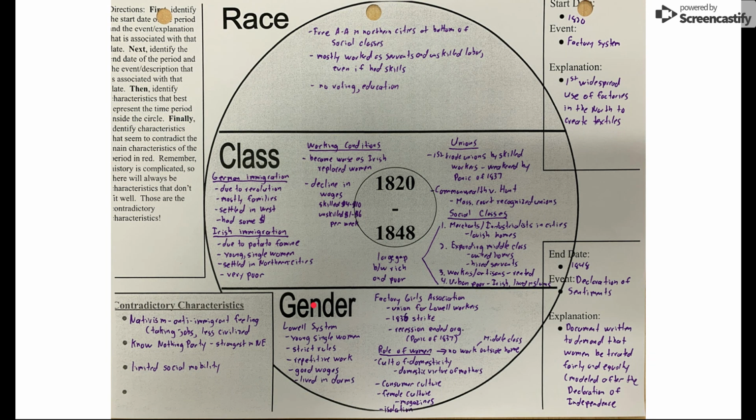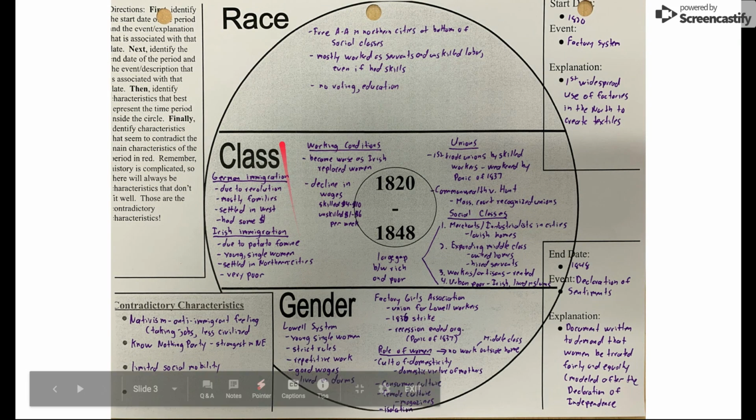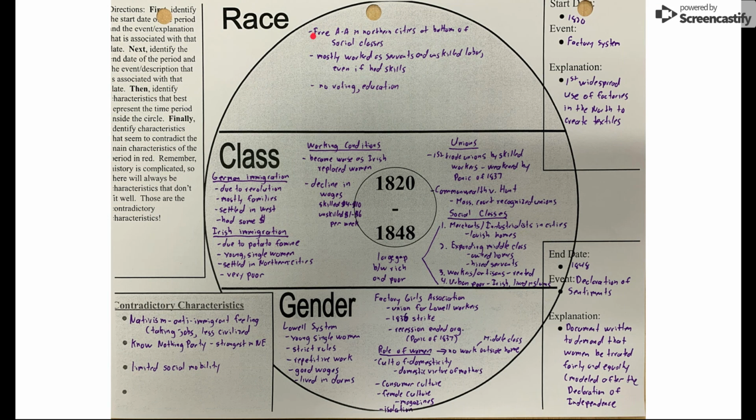Those are all related to the theme of identity, and so these are always things to consider when you're looking at an event or a time period. What is happening with racial identity, class identity, and gender identity? So we're going to start with race. Since we're focusing on the North here, we're going to be talking about free African Americans in the North,